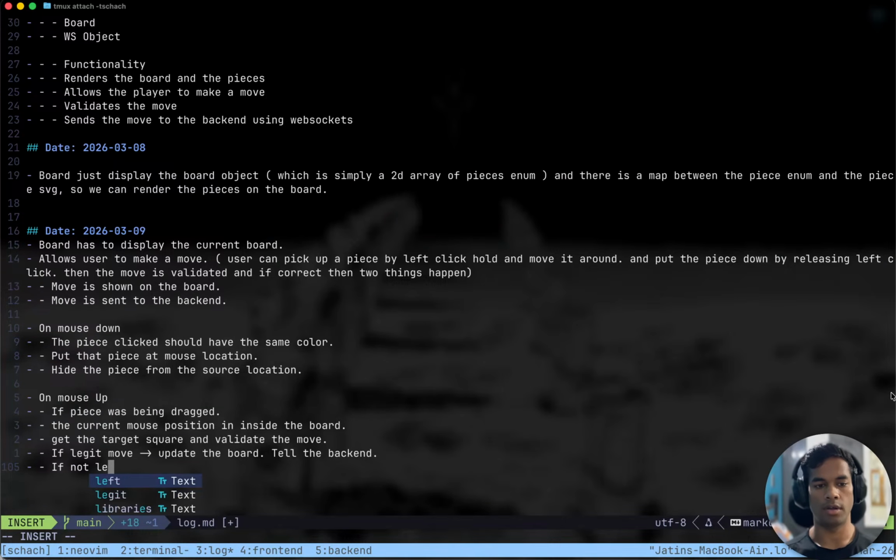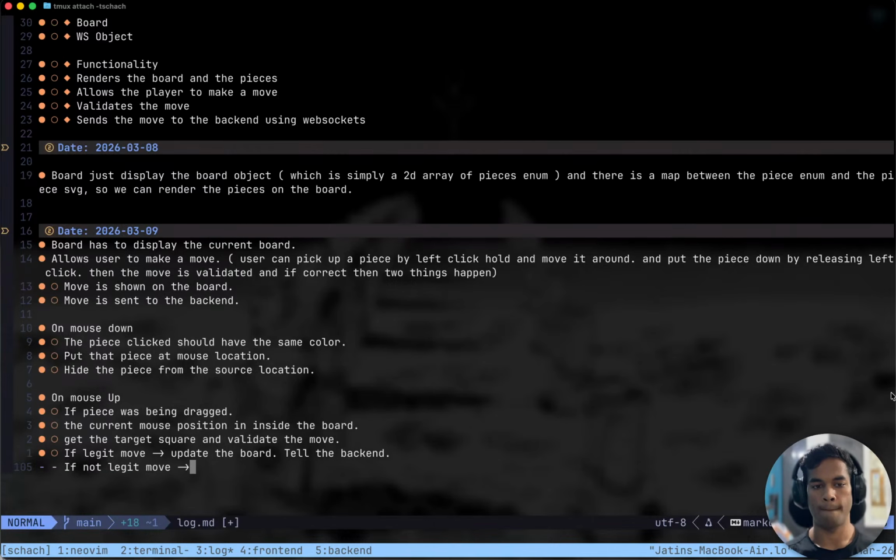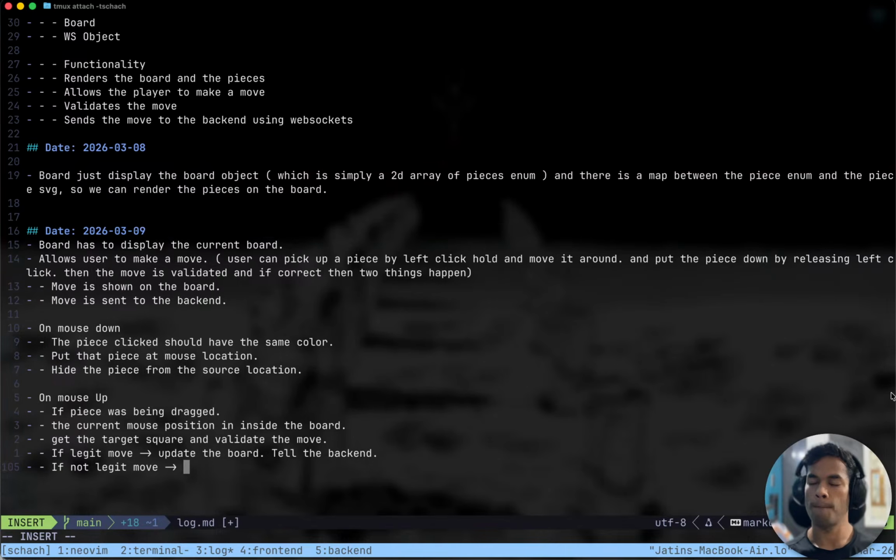If the move is not legit, then put the piece back on the original square.